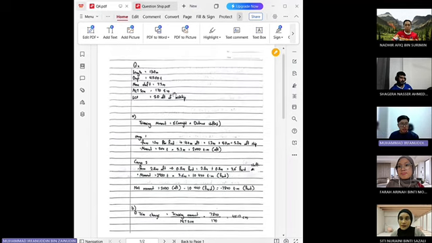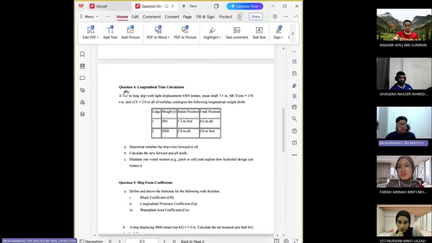Okay, next I'll be talking about question 4. Question 4 is about the longitudinal trim calculation. A 130 meter long ship with light displacement of 4,500 tons, with the mean draft of 7.5 meters and MCT 1 centimeter equals to 170 TM, and the longitudinal central flotation equals to